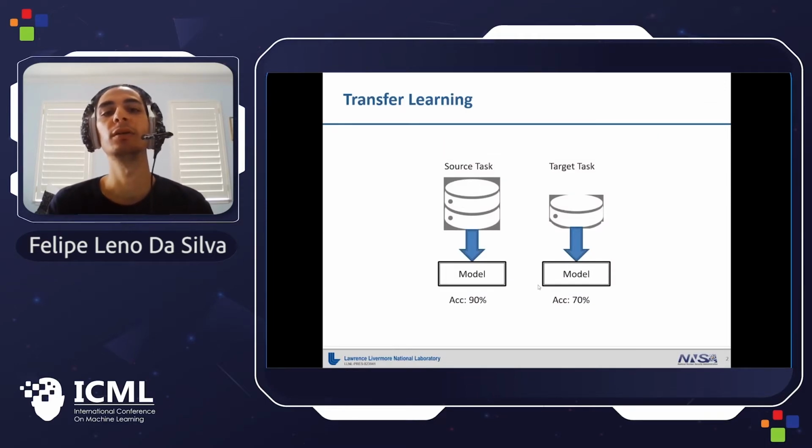So probably everyone here knows that if we train a model using a lot of data, this model will probably have a higher accuracy than if we train it using a low amount of data. The problem is that gathering data and building data sets is a very costly and a very hard process. And so the main idea of transfer learning is to leverage the data that we have from a given task to another task that is related but not equal, and then try to improve the accuracy of the model, even though we have less data for the new task that we call the target task.